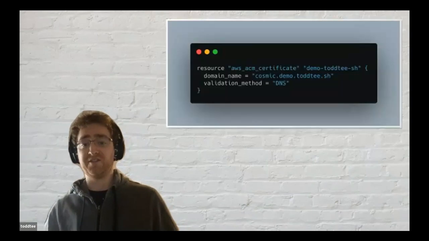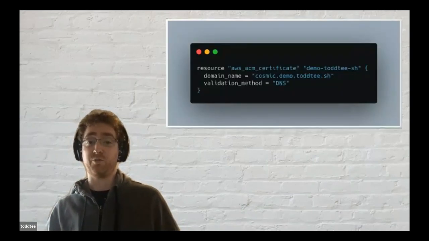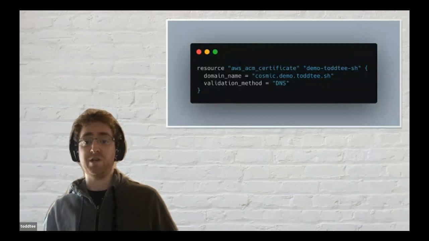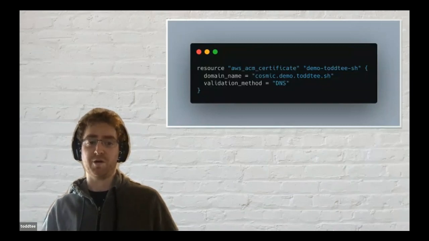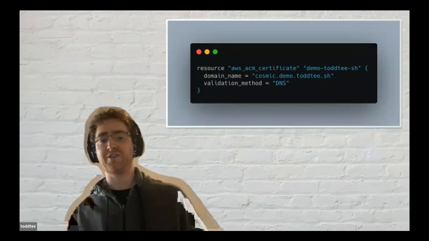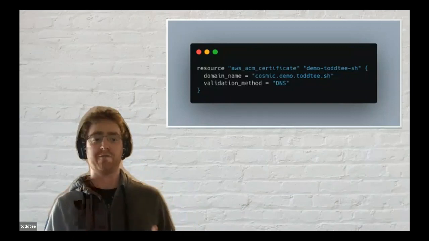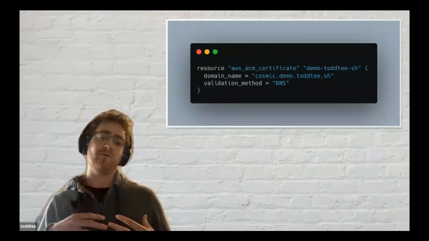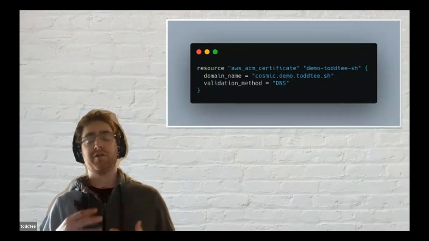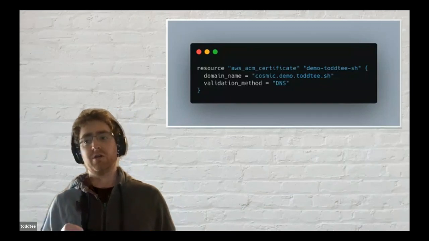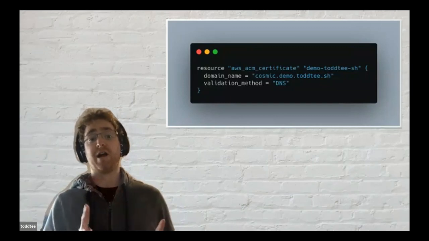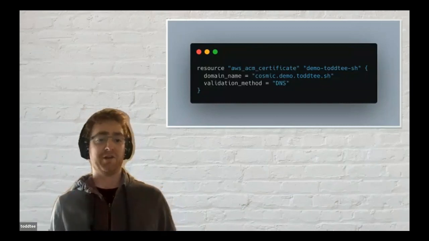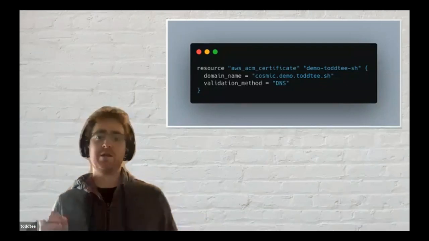Moving on to the TLS certificate, even better. 3 lines and you get a TLS certificate. Just plug your name in for the website that you want and you're good to go. However, certificates actually aren't quite that straightforward. So remember that Terraform's declarative. So when you say, I want a TLS certificate and I want to associate it with a CloudFront distribution or Elastic Beanstalk or whatever you want, the